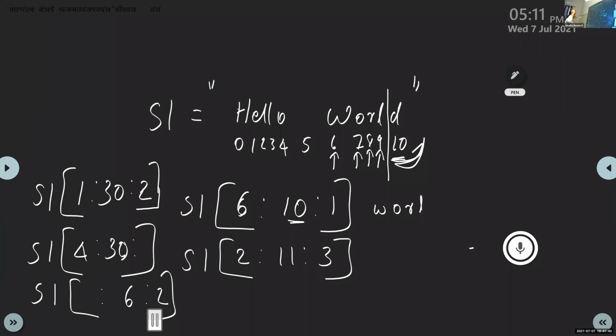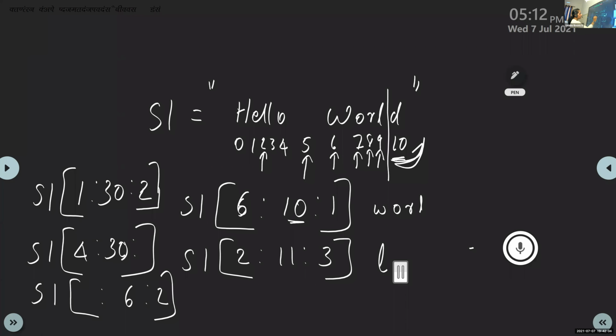Thompson, read the second answer. L space R. L is the first character, the start value is 2. Here the incrementation value is 3, so we will add 3 with 2. 2 plus 3 is 5. At 5 it is space, so there is one space.